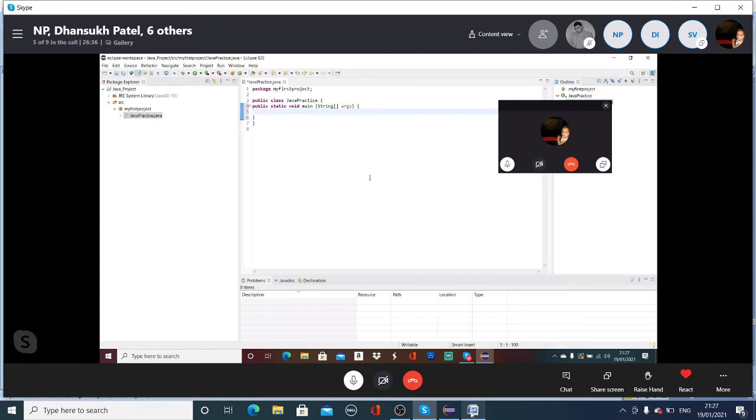So here you can put SYSOUT and press control space. When you press control space, this whole statement comes, and you put something in here. I live in the UK, or whatever statement you put. It is a string, so you need to have the double quote. In double quote, you put this statement. Hello world. It's the standard one.